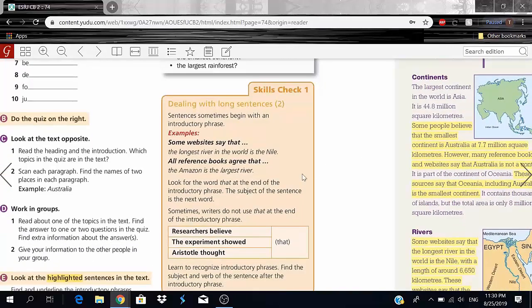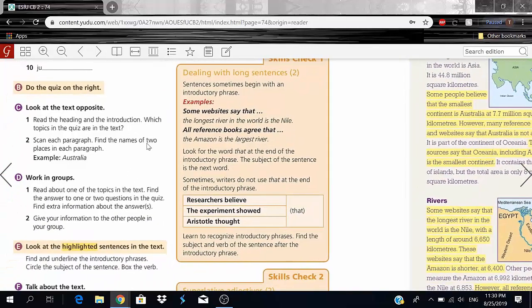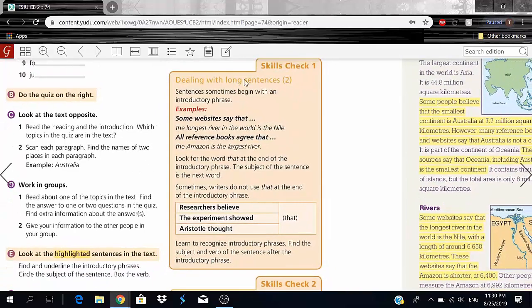Okay, so now before we move on, let's go to dealing with long sentences, skills check 2 here. Sentences sometimes begin with an introductory phrase, and I think this one's pretty self-explanatory. Introductory phrase comes from the word introduction, basically something that starts with an introduction.